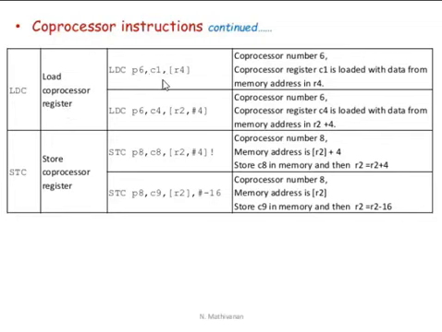So load coprocessor register is LDC P6 comma C1 comma bracket R4. Okay, this bracket R4 means whatever data is located at memory address R4 is copied to C1. Okay, and coprocessor is running. Store coprocessor register: STC P8 C8 R2 comma hash 4. Okay,